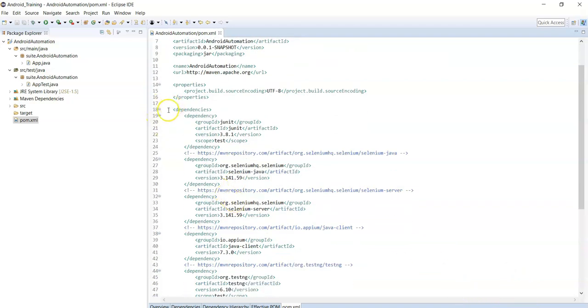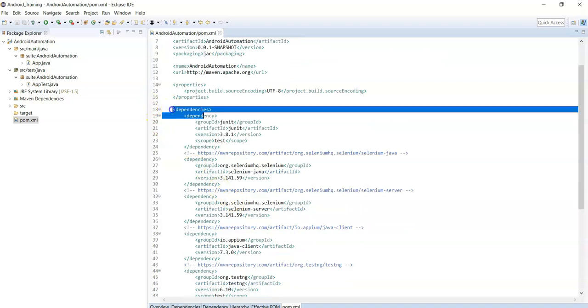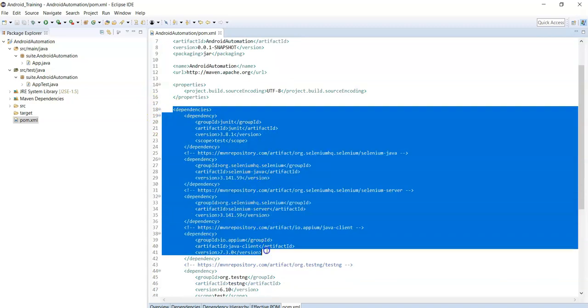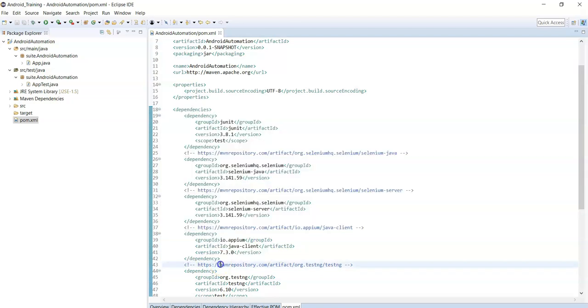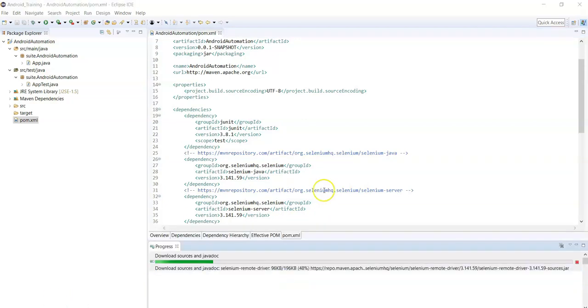That is, the jar files for the specified dependencies in the pom.xml file will get downloaded from the mvnrepository.com site into the local repository. After clicking the save button, it started downloading all the jar files.